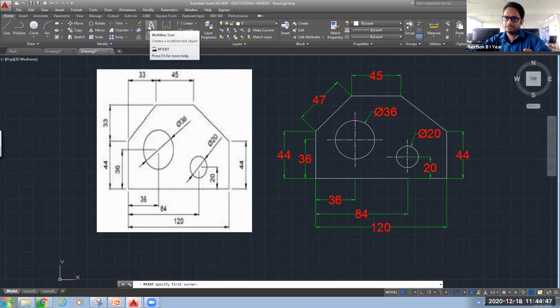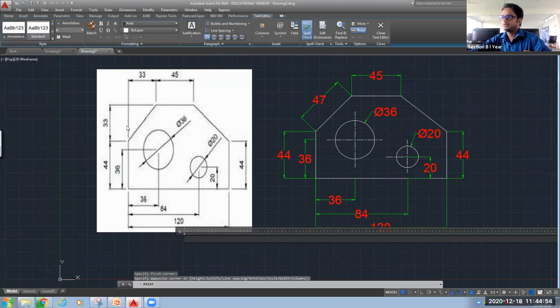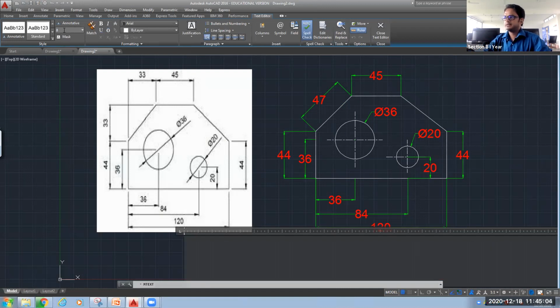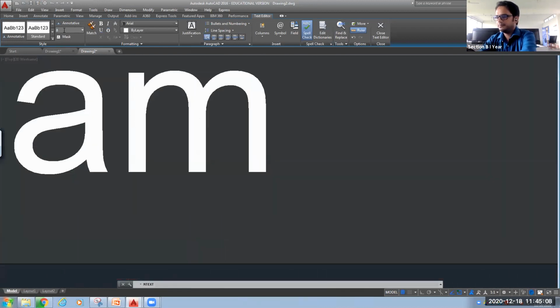This is the tab for the text command. Then it is asking for the first corner point, opposite corner point. Now, after clicking this, you have to change the text height. Make the text height as 8. Press enter. Now you can write down your name.